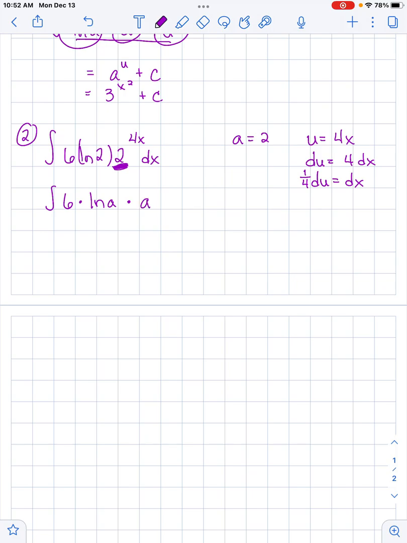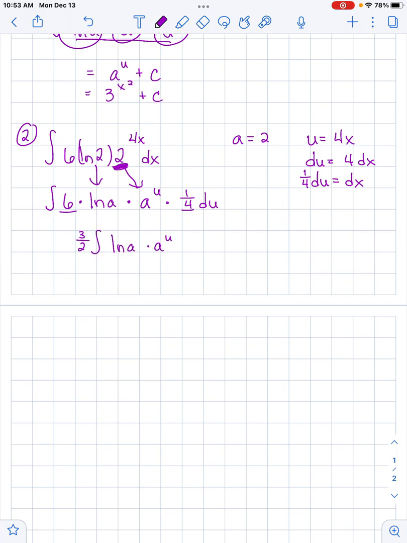I have a to the u, so ln of a, here's a to the u, and then this becomes, dx becomes 1/4 u prime, or 1/4 du. If I combine those constants, so if I multiply 6 times 1/4, I get 6/4, or 3/2. So if it helps you to move the 3/2 out so you can see everything, now we have the 3